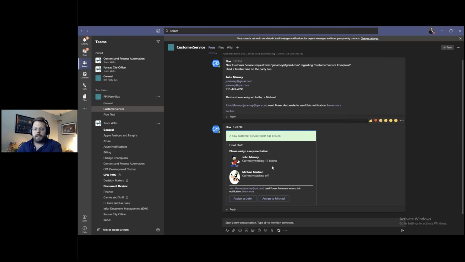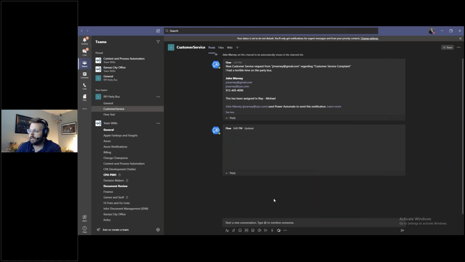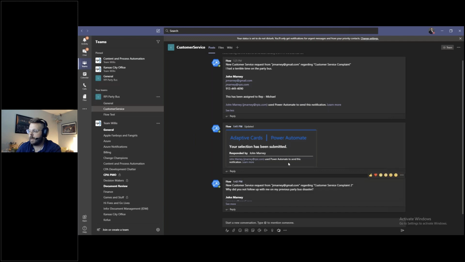And that's just more steps in the flow, right? I can query, and it doesn't have to be a Microsoft system, right? I can go to ServiceNow or however these are being managed. Anyway, based on the information here, I'm going to select, let's say, assign to Michael since he's slacking off. You can see I select it and it comes back saying,